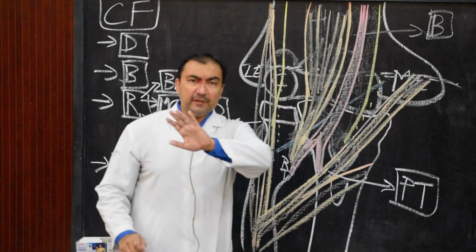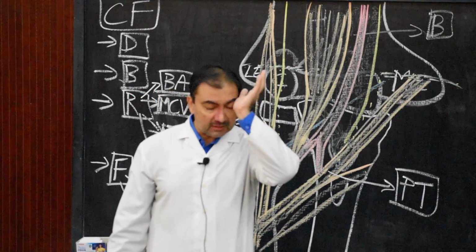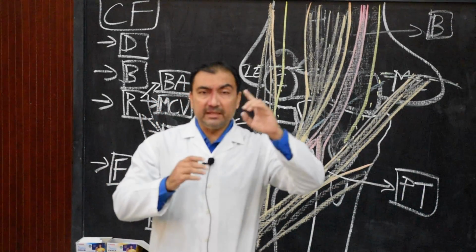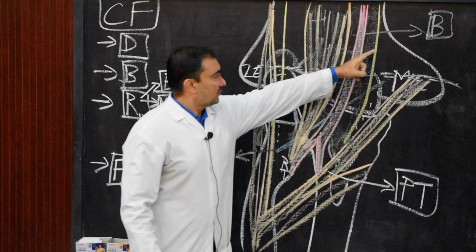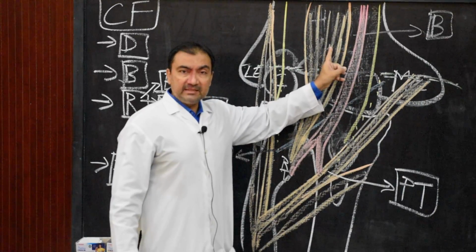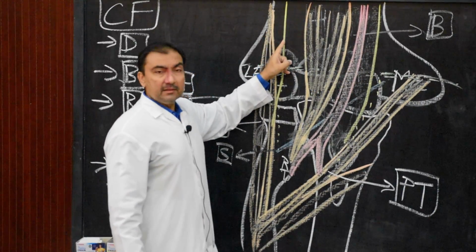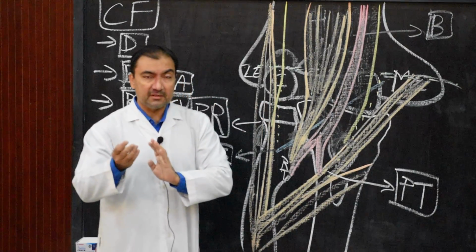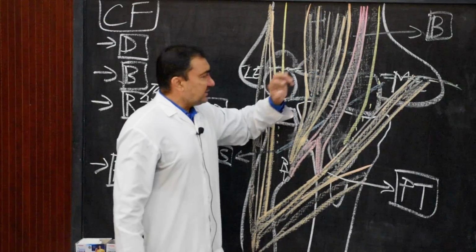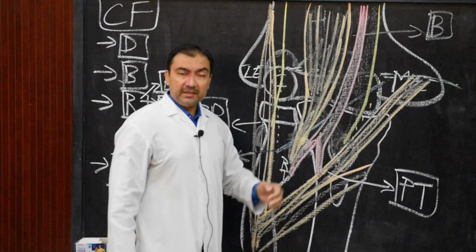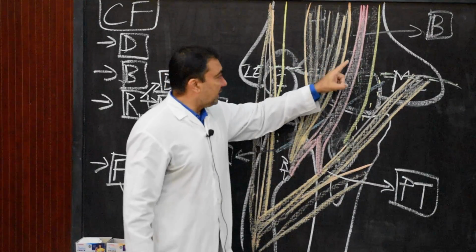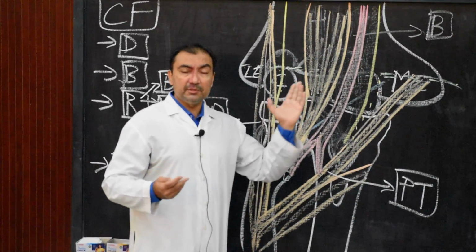Now for each of the contents, a very brief discussion. Once again, the contents of the cubital fossa from medial to lateral side are median nerve, brachial artery, biceps tendon, and radial nerve. These are the only 4 contents. So many MCQs are structured like this: is the biceps tendon medial or lateral to the brachial artery? The biceps tendon is always lateral to the brachial artery. The brachial artery will be medial or lateral to the biceps tendon?